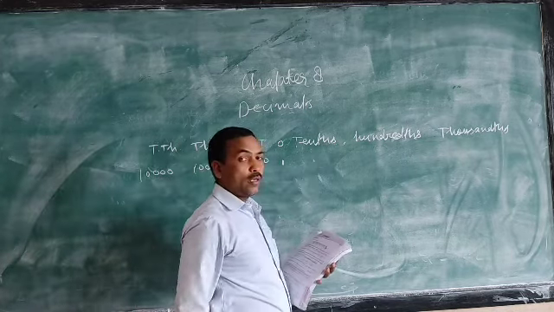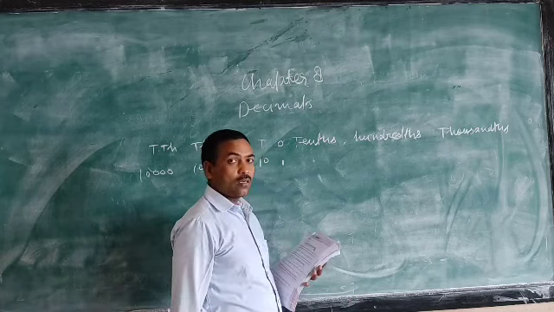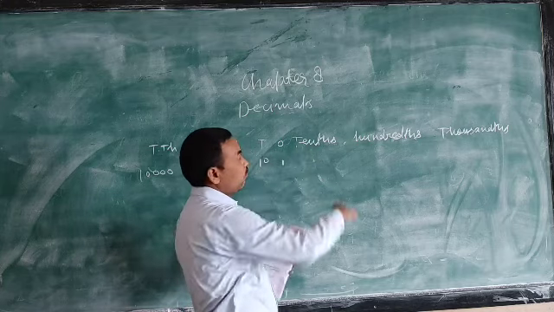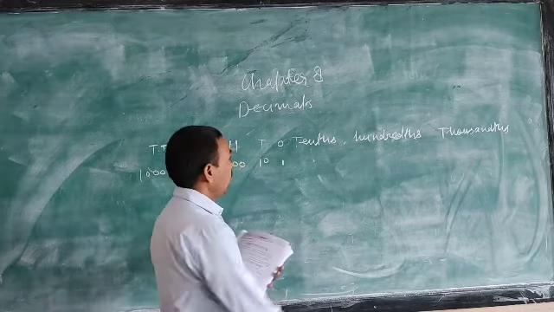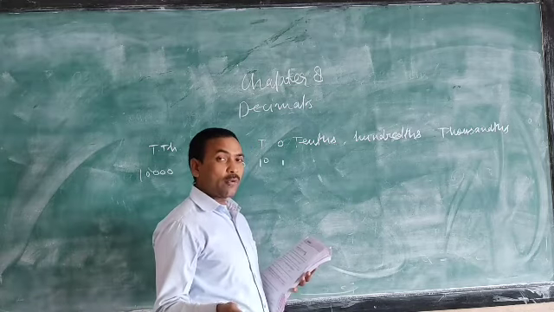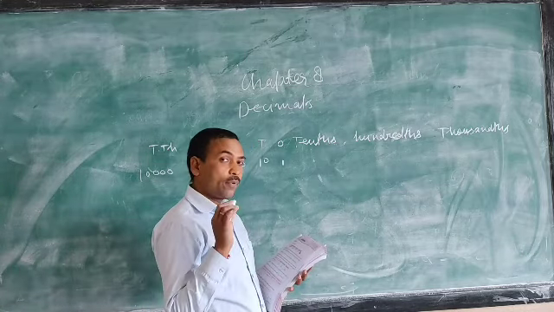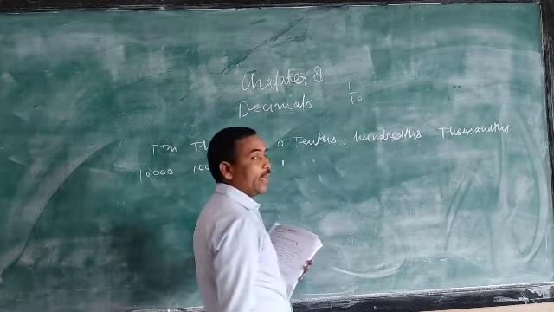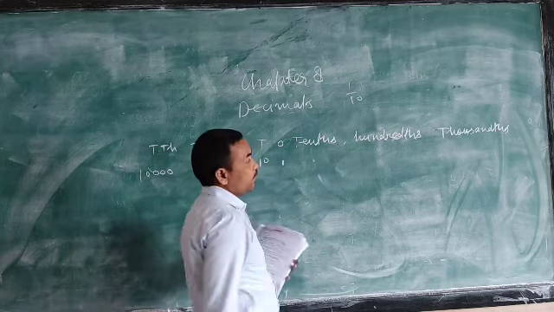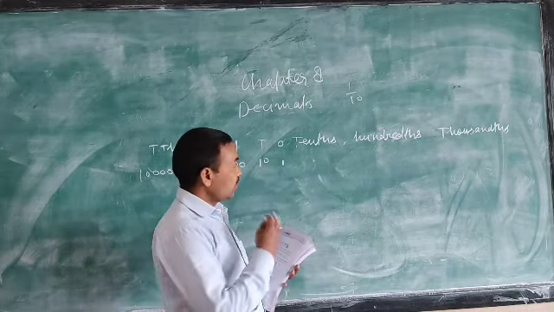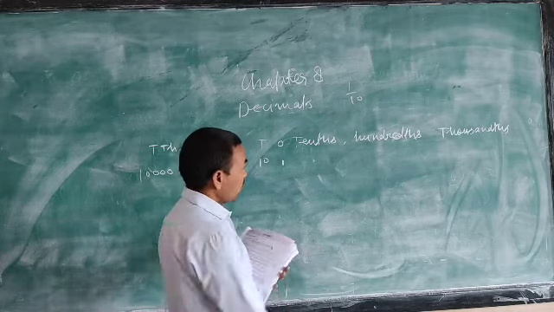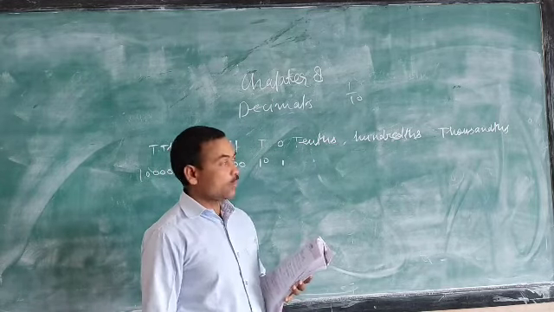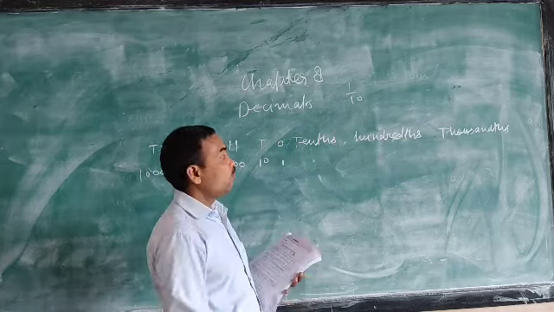And tenths, you are familiar with. In class 4 I discussed 1/10, 1/100 and 1/1000 and so on. So 1/10 means if any whole thing is divided into 10 equal parts, then out of the 10 parts, one part is known as one tenth, and it is written as 1 by 10. Similarly, if a whole thing is divided into 100 equal parts, each part is known as one hundredth. And similarly, if a whole thing is divided into 1000 equal parts, each part is known as one thousandth.